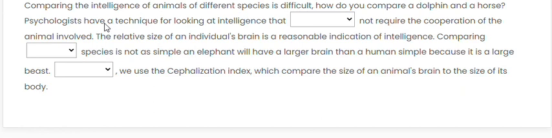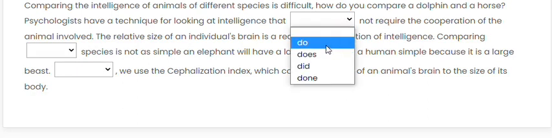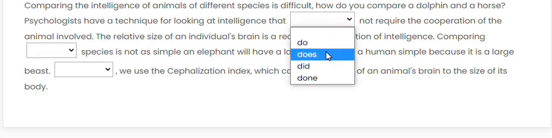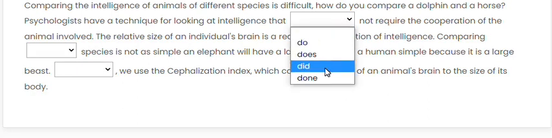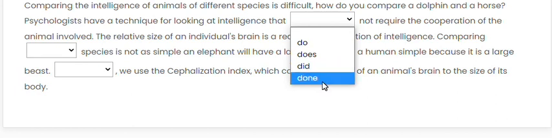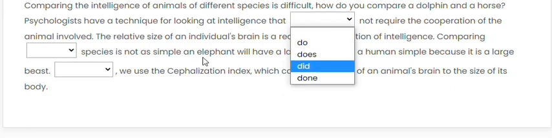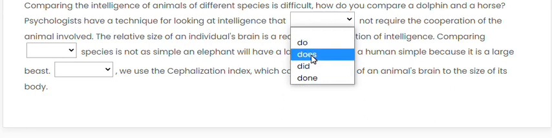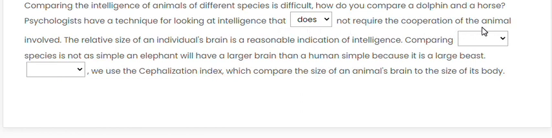So we are talking about just one technique. Psychologists have a technique that does not require. So technique is singular. Do comes with plural, does comes with singular, did is past tense, and done is third form again. So we don't need past tenses here because we are talking about a fact. So psychologists have a technique, so it should be in present tense, that does not require the cooperation of the